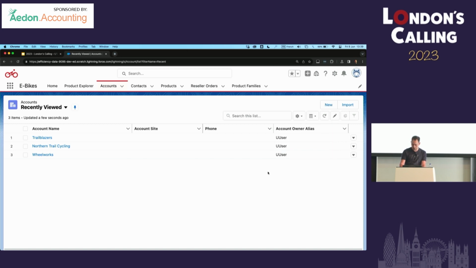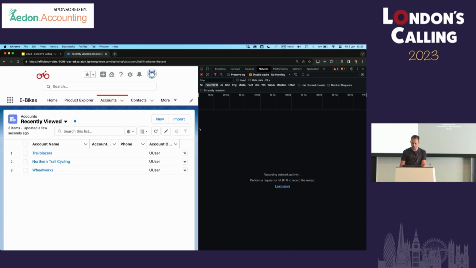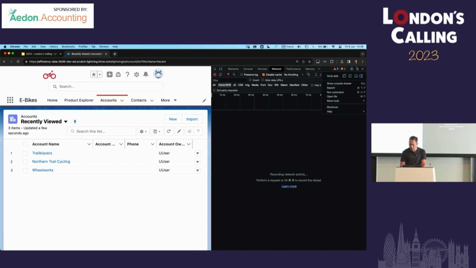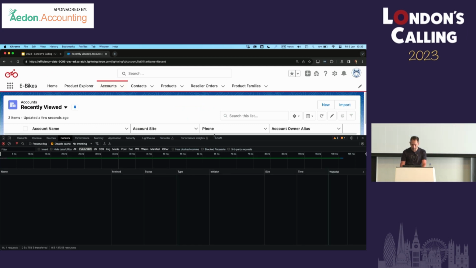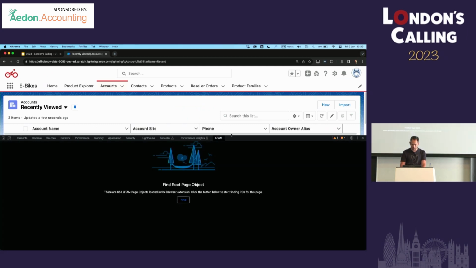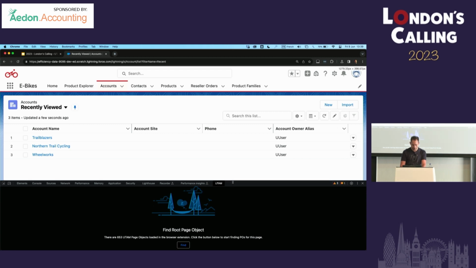So I'm going to just open my developer console here. Let me just reposition it as a drawer below. And you see I have a UTAM tab now, thanks to the extension. And what I have to do is start by clicking Find Base Page Object. What I did before the presentation is that I loaded the Salesforce